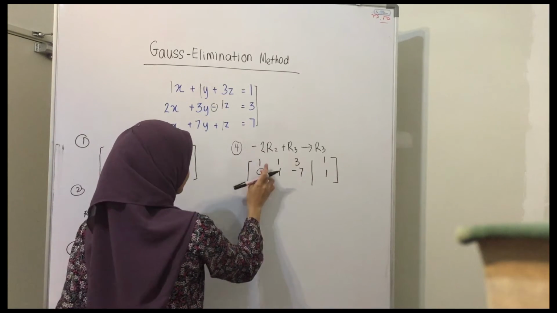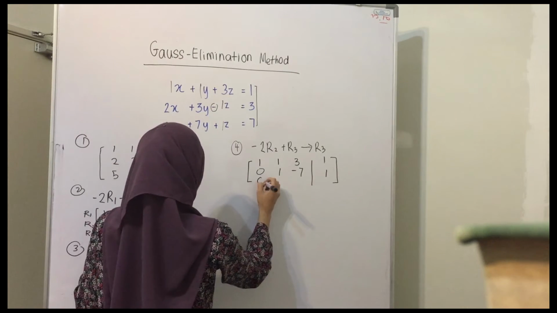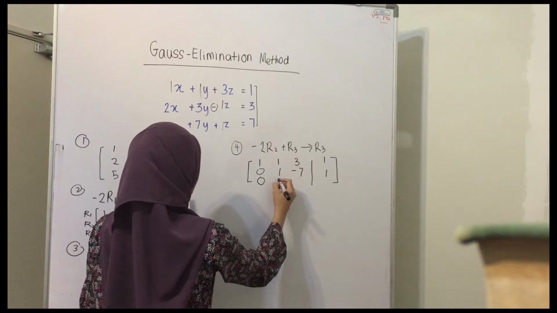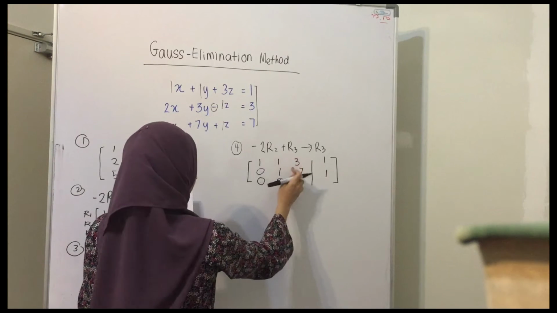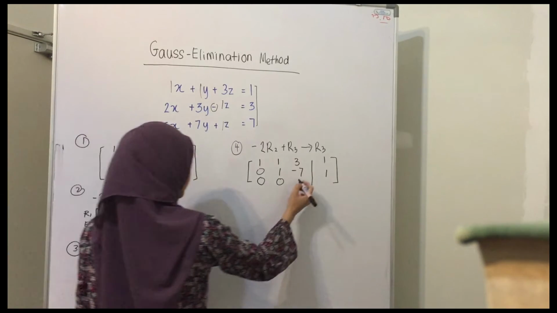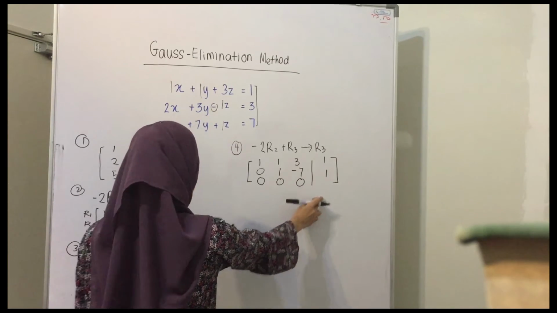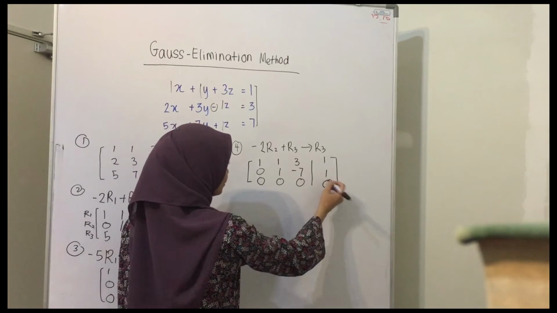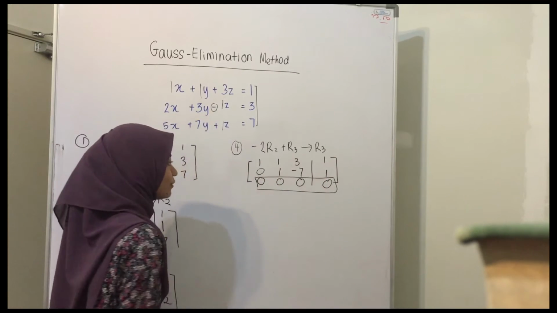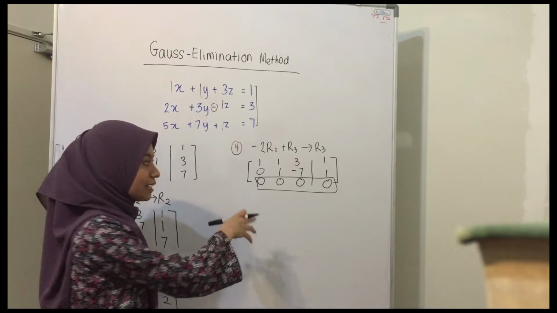So negative 2 times R2: negative 2 times 1 plus 2 is 0. Negative 2 times negative 7 plus negative 14 is equal to 0. And negative 2 times 1 plus 2 is equal to 0. So here we can see that the bottom row is 0. So from this we can conclude that this matrix